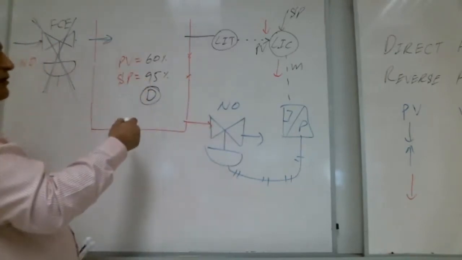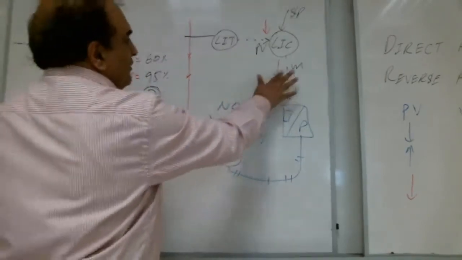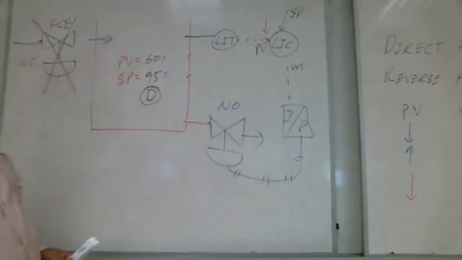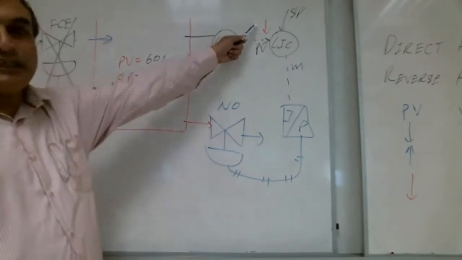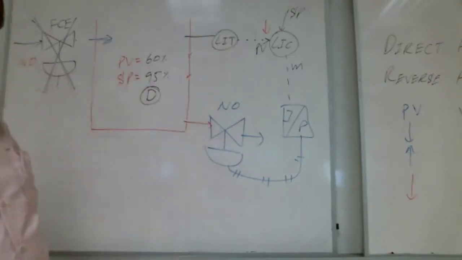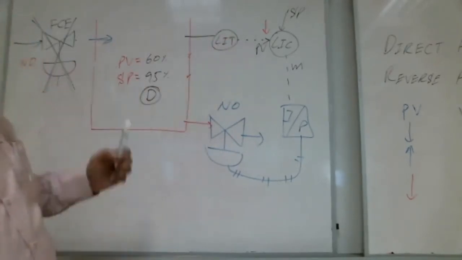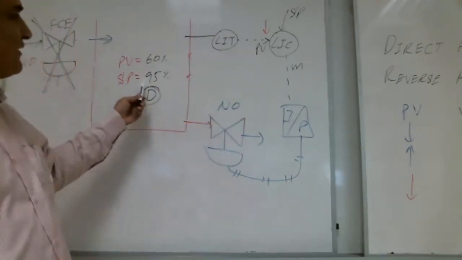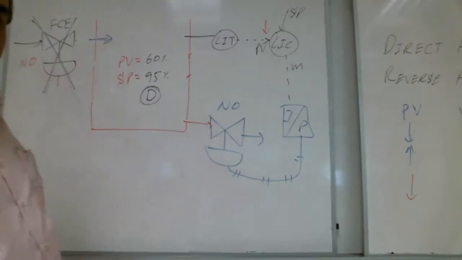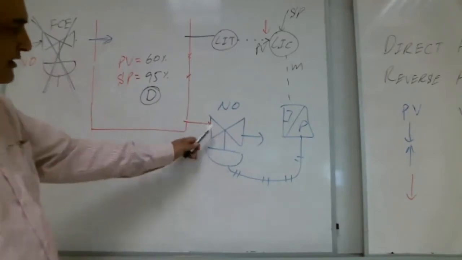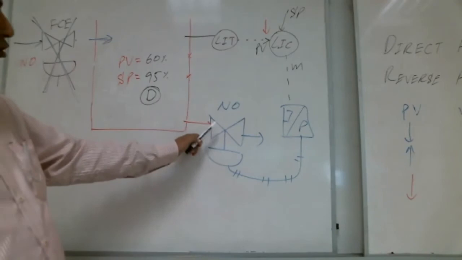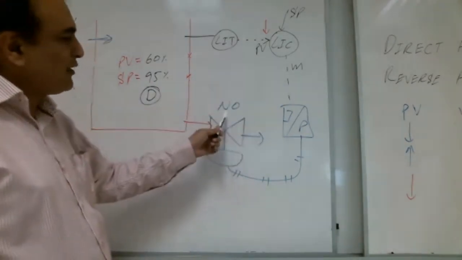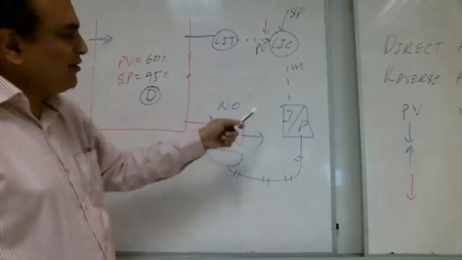Same values. Right, Shabab? Here the signal is more than needed or less than needed? It's less than needed. We already know. Okay, now we need to open the valve more or close it more to bring it to 95? You have to close it more. Very good. Okay, this valve is normally open. If I remove this signal, it will open. So we need to increase the signal or decrease the signal?